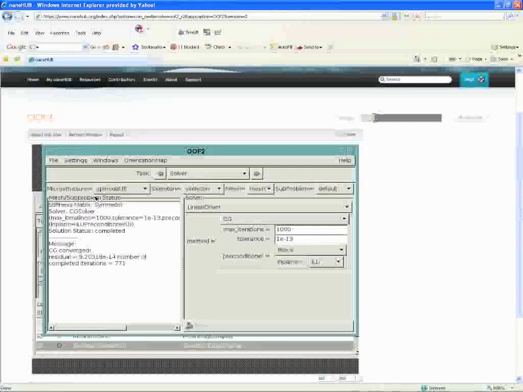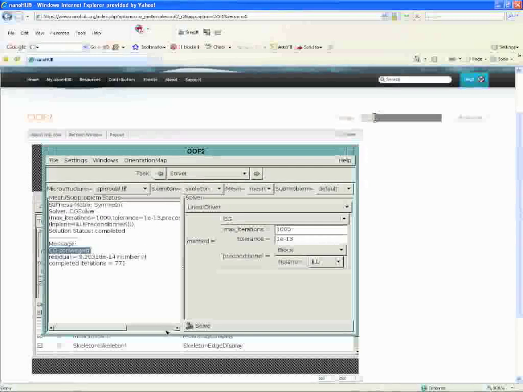So now you can see that our mesh has been solved. Under message here, we have that the conjugate gradient converged. This is good because now we have an answer to our fields. If we had any conflicting boundary conditions, or maybe an unsymmetric matrix or anything like that, we would have gotten an error here. Now that our mesh has converged, we want to visualize the results,